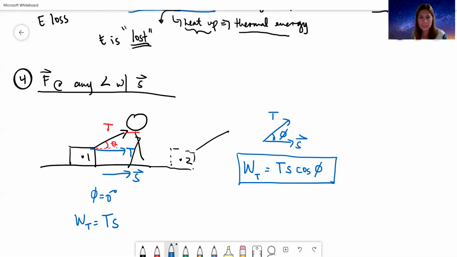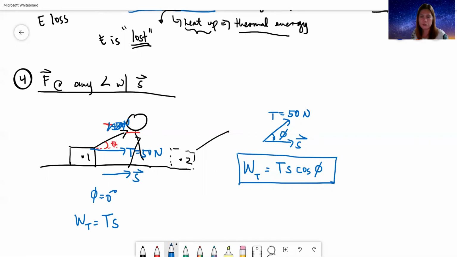But here, once you put in a certain angle, the work done by your pulling force is less, even if you did not change the magnitude. So let's say this is 50 newtons. This is also 50 newtons. I'm sorry, this one is 50 newtons.